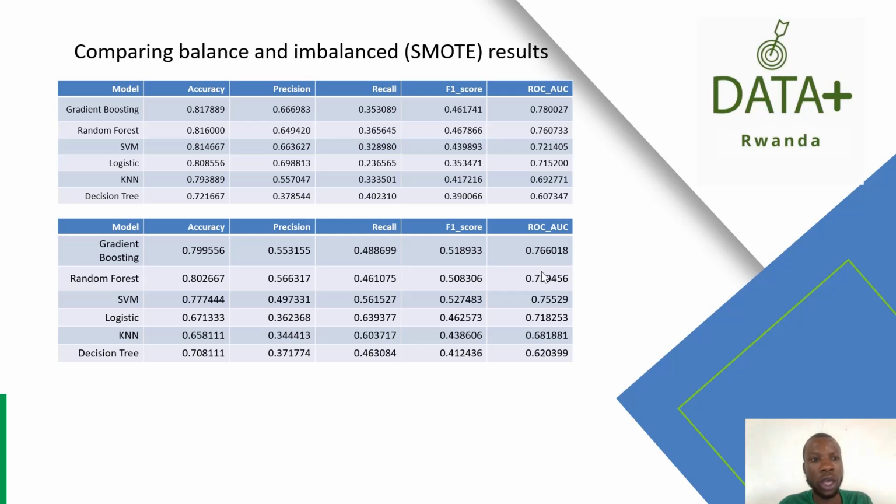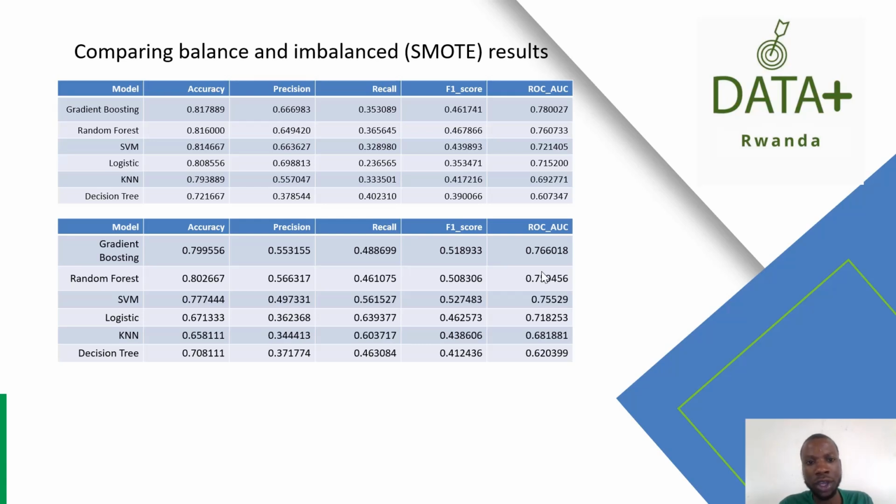We have also used gradient boosting, random forest, support vector machine, logistic regression, and also k-nearest neighbors, and even decision tree. After looking at those models, we have seen the accuracy, precision, recall, F score, and the ROC or AUC